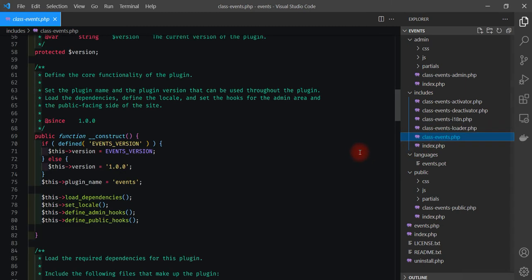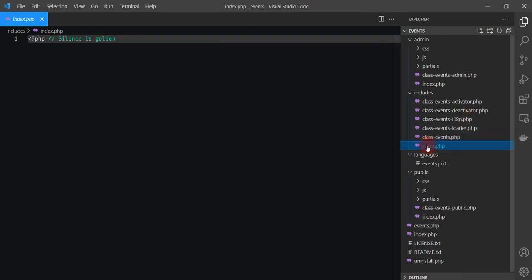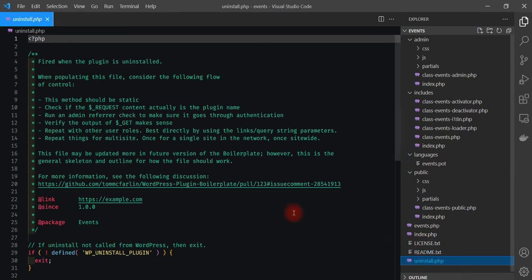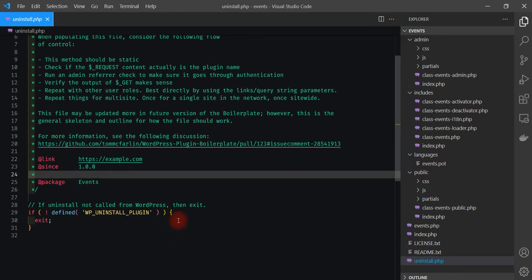The main file of the plugin, as it were, as you can see in its construct, loads dependencies, the locale, and registers all our hooks. And index, as we've seen before, is silence is golden. And then the public side is for all the things that we may do on the public side. So really, in a sense, you can do what you want, but it structures it nicely between admin, public, and all the includes. We have our uninstall, which is telling us here everything we want to do when the